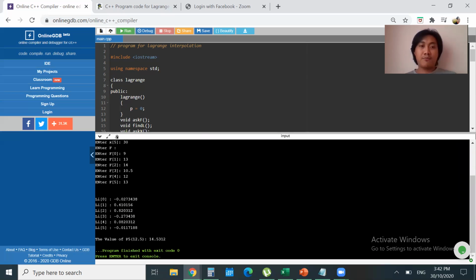Now you can see here that the program itself computed the values of the Lagrange terms.